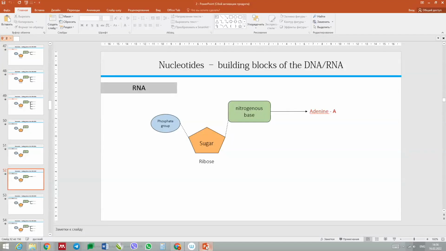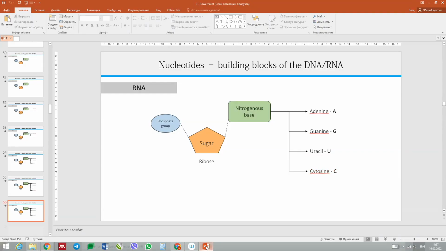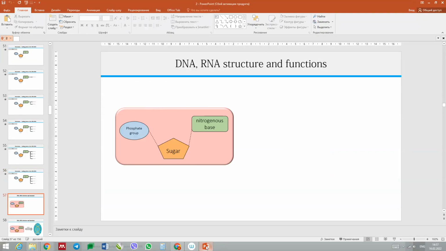It can be absolutely the same, like adenine, guanine, but one special type of nitrogenous base present in RNA nucleotides is called uracil. And also, it is possible that it will be cytosine. So you see that there is no thymine nitrogenous base, but instead there is uracil. And once again, this is a schematic illustration of one building block